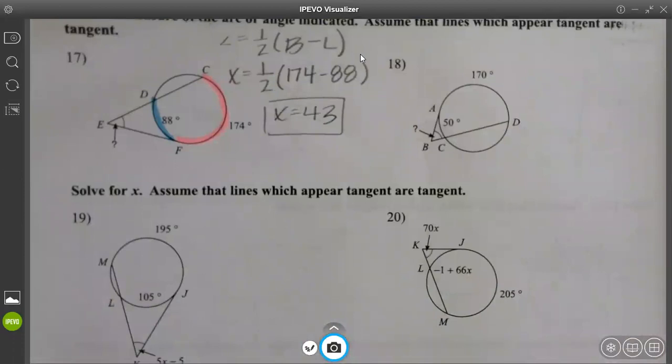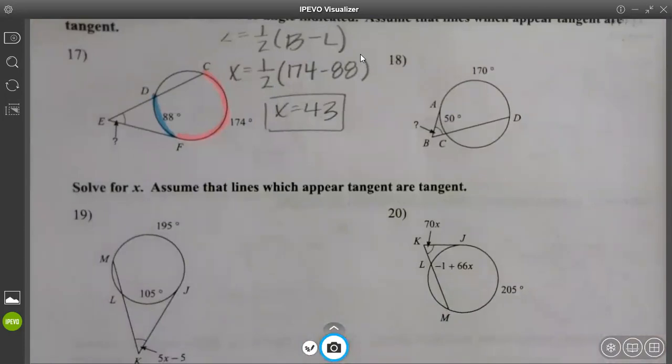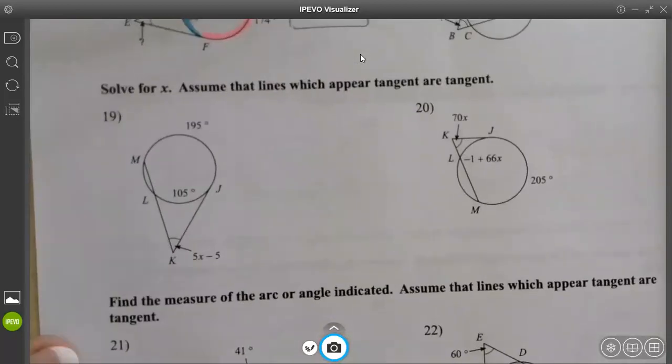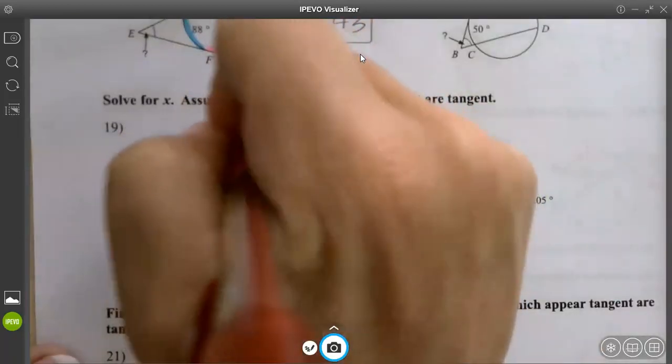This is where I'm talking about it's going to start repeating itself so we don't have to do all the problems. Okay, so this is literally just like the front page. The only difference is this line goes through the circle instead of being on the outside, but it's the same formula. So if we look at number 19,